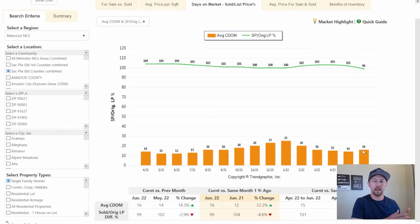Now, the trend, if it continues this way or gets worse, you could make a case for prices being lower potentially in the future, or us seeing some more downward pressure on pricing. And that's going to be a function of where interest rates go. It's going to be a function of the economy. And so there's still a lot of moving parts there that may or may not cause prices to either move up or down from here. But as far as the data is concerned, homes are still selling, albeit they are moving a little bit slower